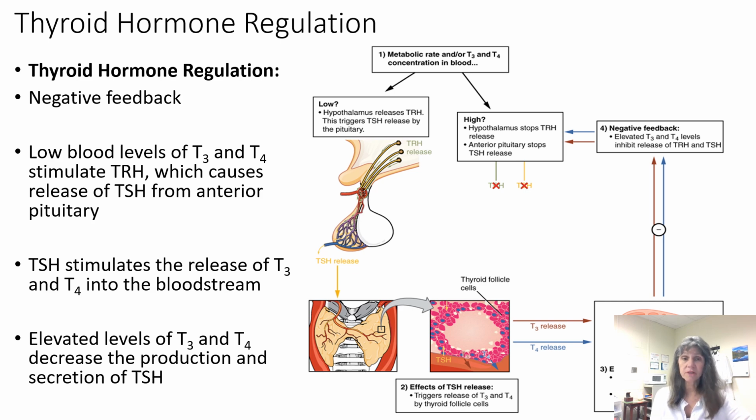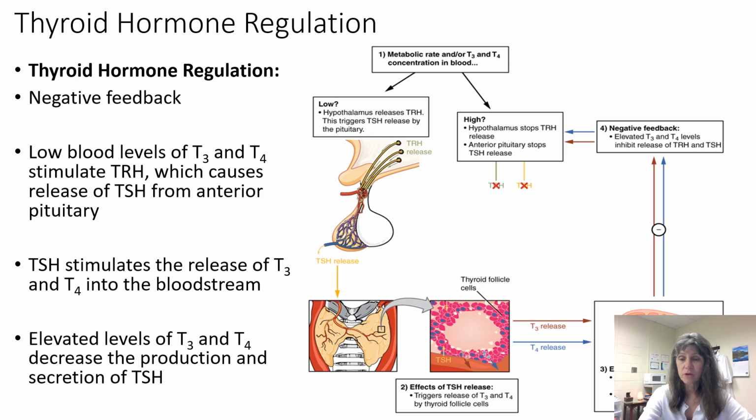The production of hormones from the thyroid gland is going to be regulated by negative feedback, as are most systems in the body. And if the hypothalamus detects low levels of thyroxine and triiodothyronine in the bloodstream, that will cause the hypothalamus to produce and secrete thyroid releasing hormone, which goes to the anterior pituitary to cause the release of thyroid stimulating hormone from the anterior pituitary, which will stimulate the thyroid gland to produce more triiodothyronine and thyroxine,